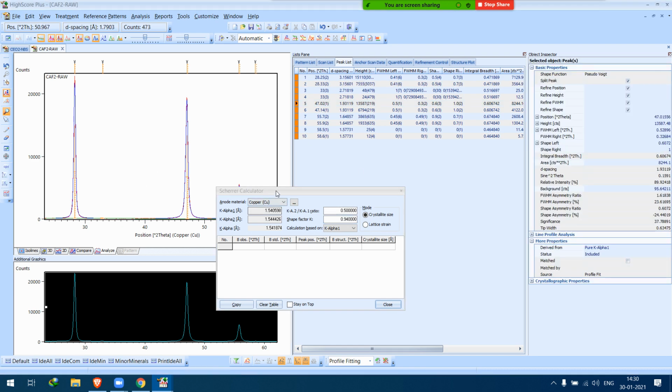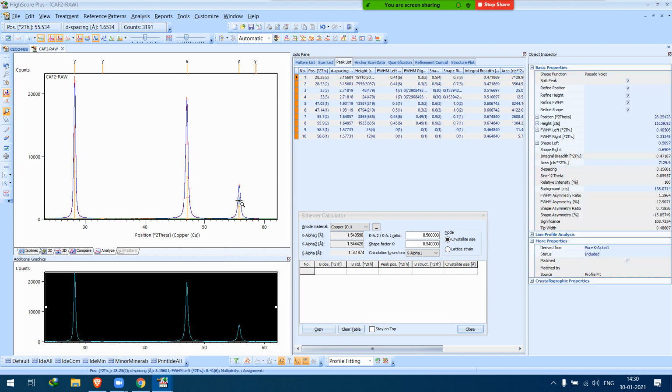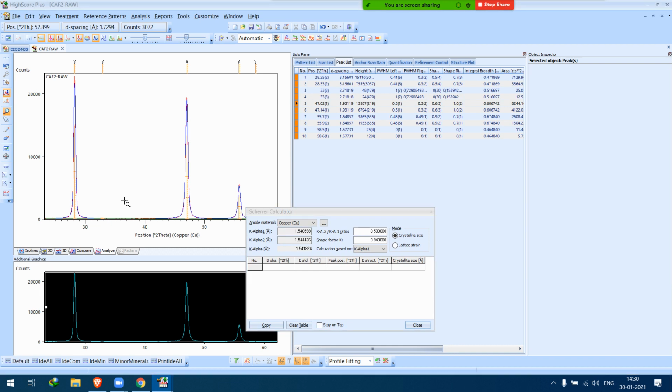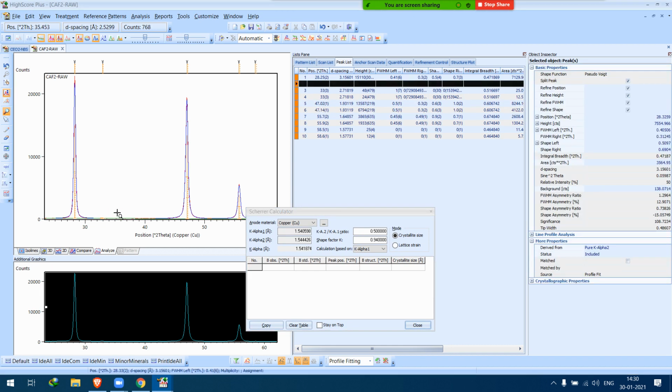I will just consider these three peaks, because the smaller peaks will give a bad calculation. I'm going to ignore those small peaks, because their intensity is hardly 1% of the total intensity.